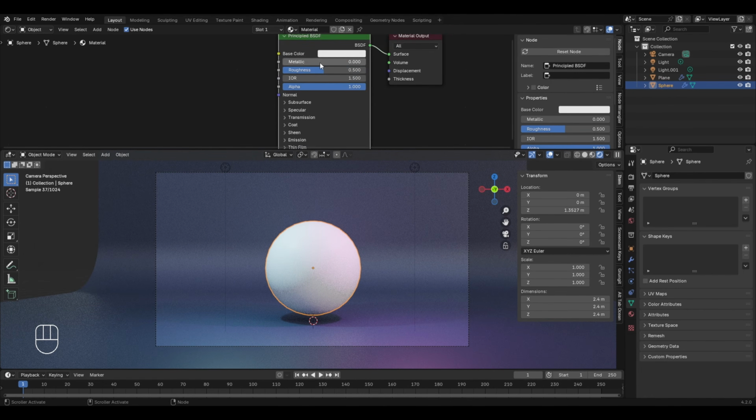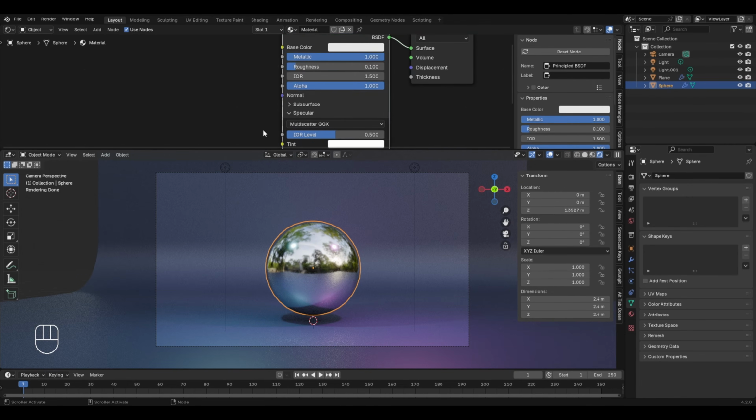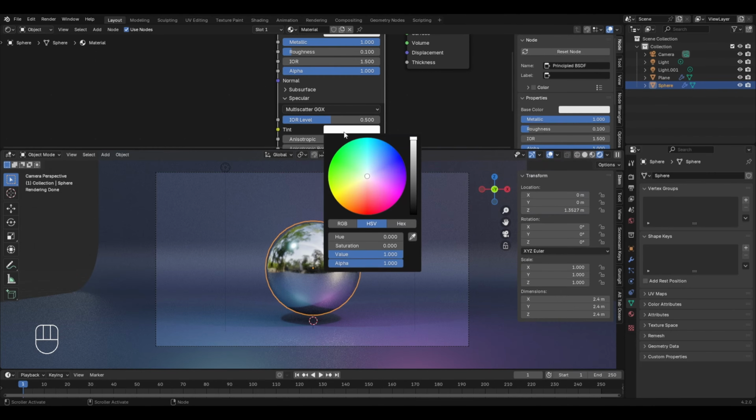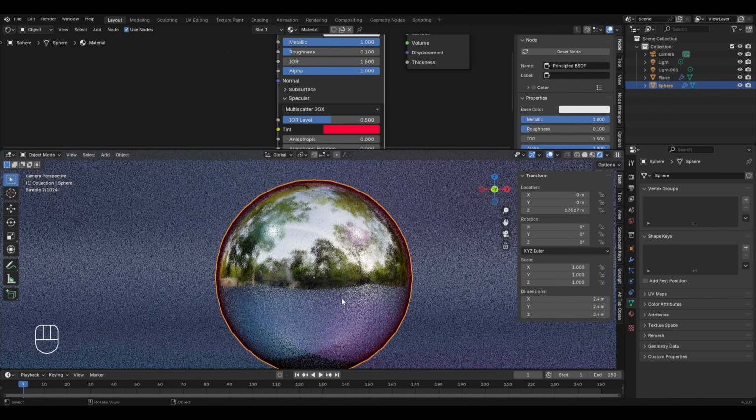Now in the metallic strength, I'll keep the value to 1 and will reduce the roughness to 0.1. The reason for doing this is that to understand about the specular, we need to have a smooth and a reflecting surface. Now IOR level in the specular controls the amount of specular intensity, and the tint controls its color. For example, with the IOR level set to 0.5, if I try to change the specular tint to some specific color, for example the red color, then you will notice that we are having a slight tint of the red